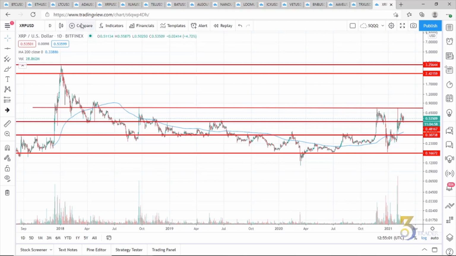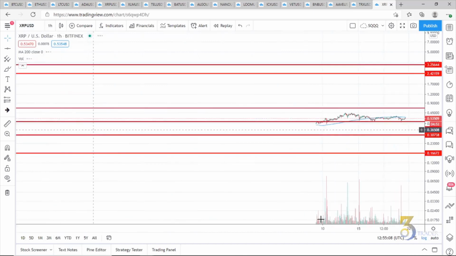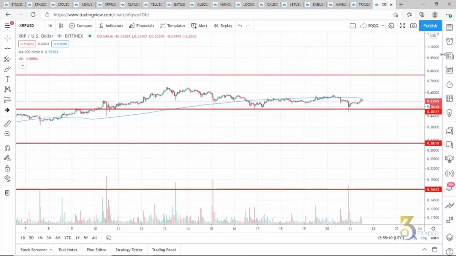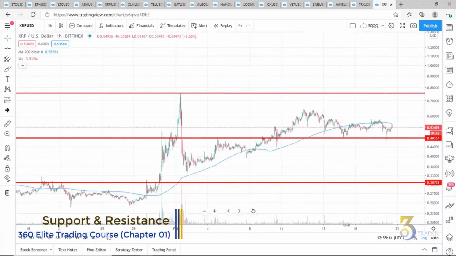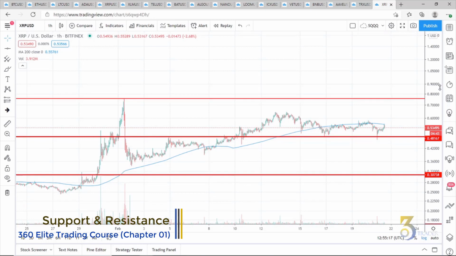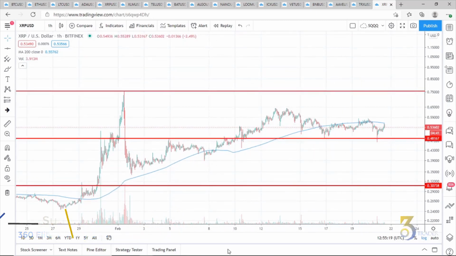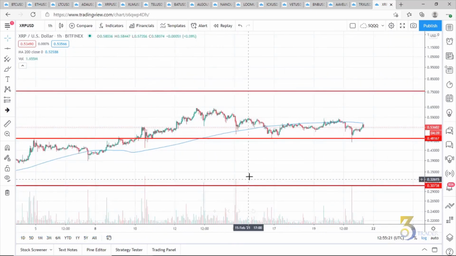So we are now at the daily. You can do this again on the hourly. Bang. Now you've got to open this puppy up. This is where we're at right now with XRP. And as you can see, as we begin to open up,